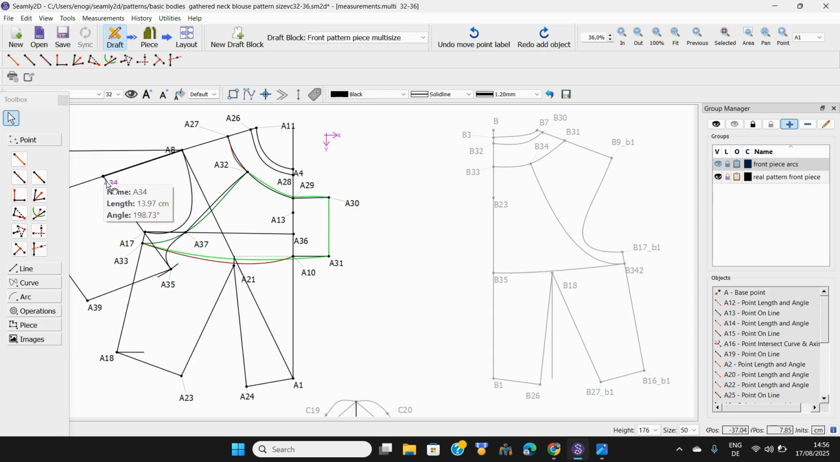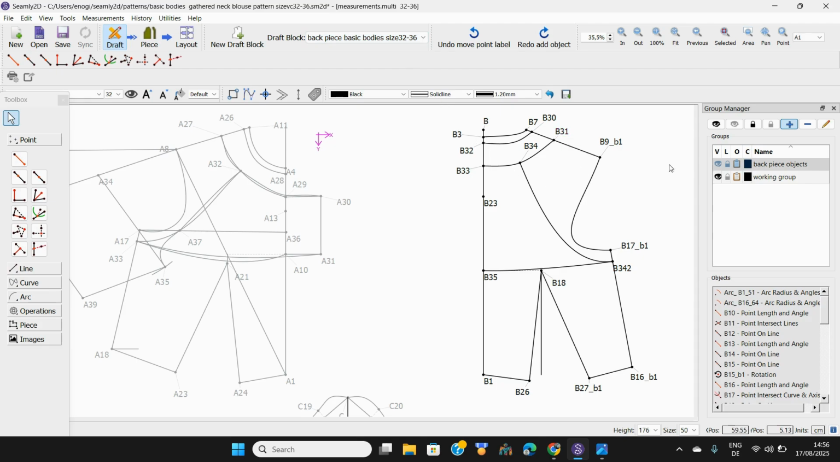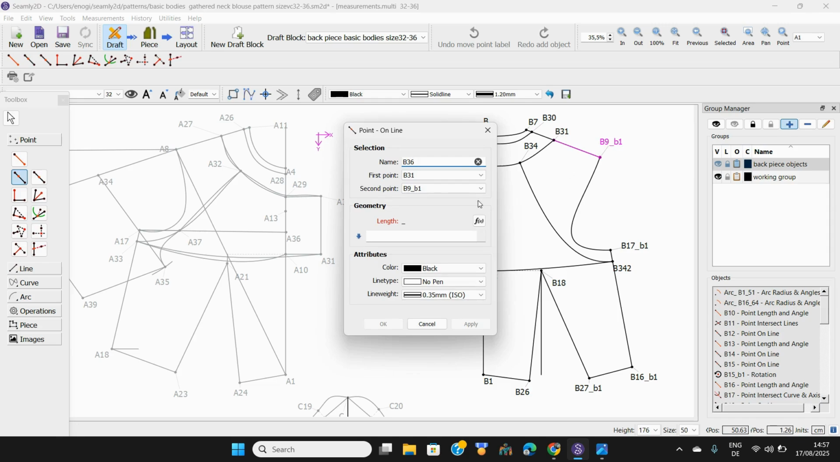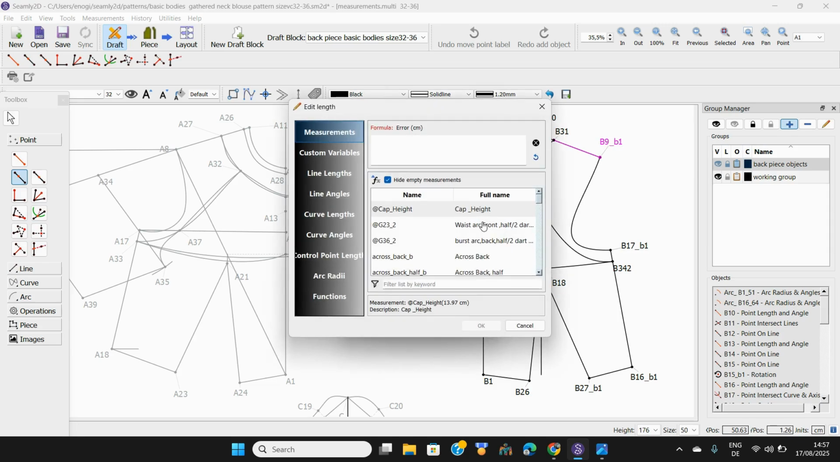Then we're going to get the bicep circumference divided by 2. That is the A34 to A35. So that's what we're going to do. Let me highlight the back piece once again. So this is the first one we are going to do, and we're going to be using this tool. So we'll just go from here to here. We'll go to FX, and we are going to do B31, B9, B1 plus. So we'll go to line length, and we'll look for B39,